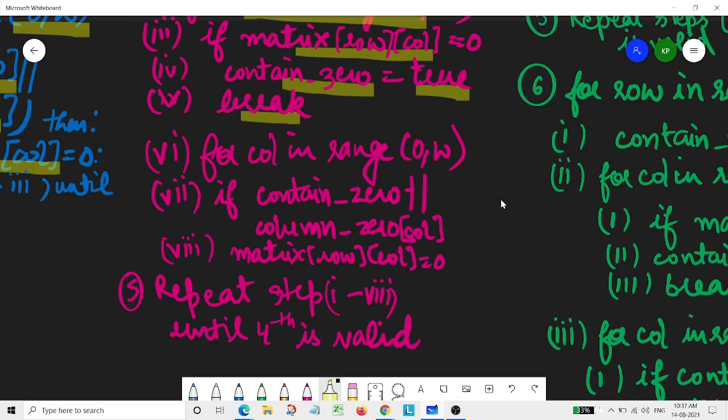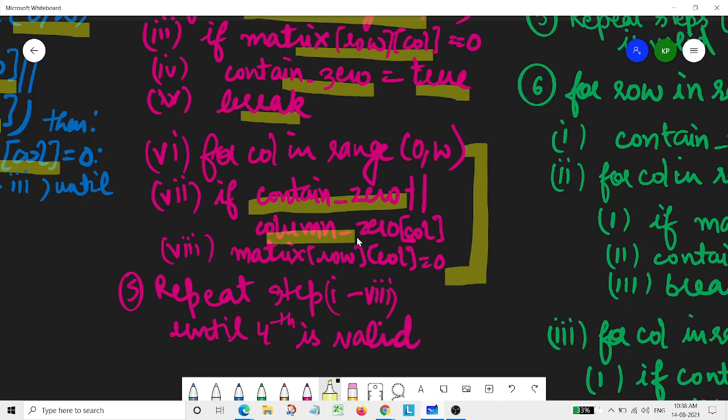In this next loop, the filling part occurs. Here we will be making all those rows and columns 0 where we encounter contains 0 as true or column 0 of column as true.